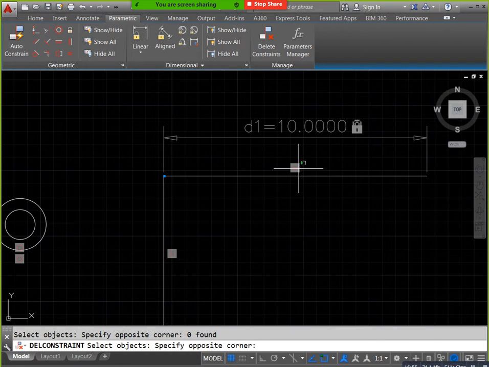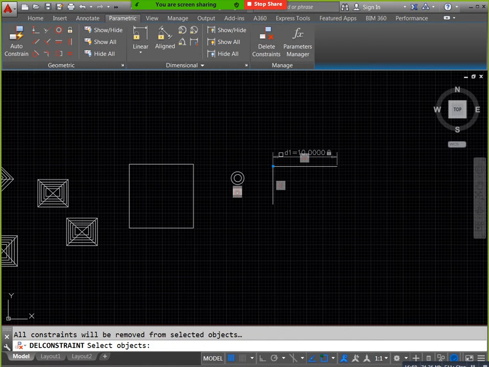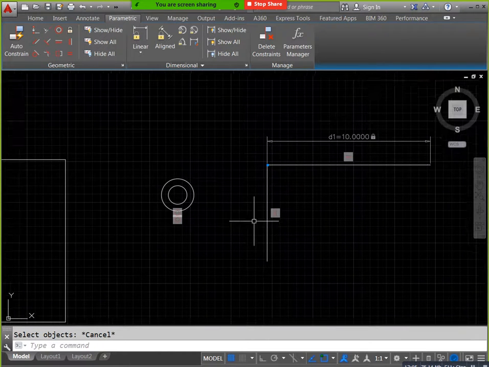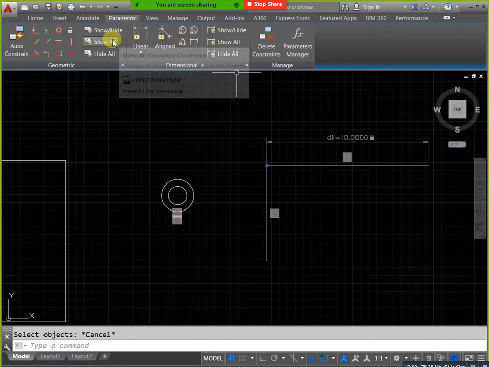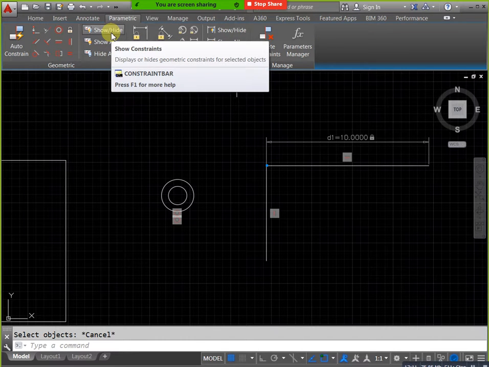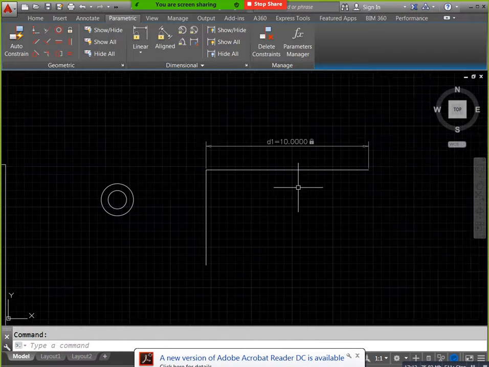This is parameter, show or hide all. Here this dimensional parameters is for hiding, and here is the constraint hiding purpose, show all and show all. Clear? If you need to edit any dimension, you can apply.